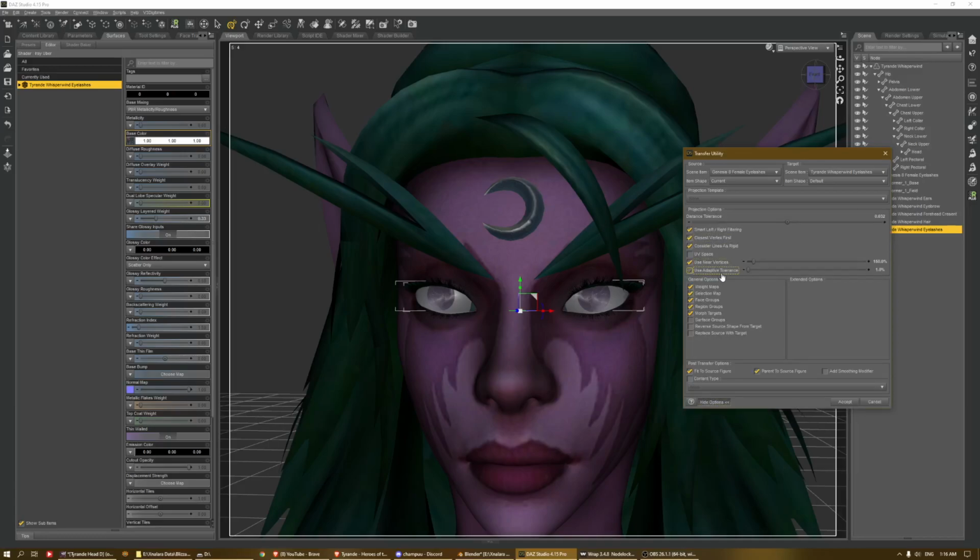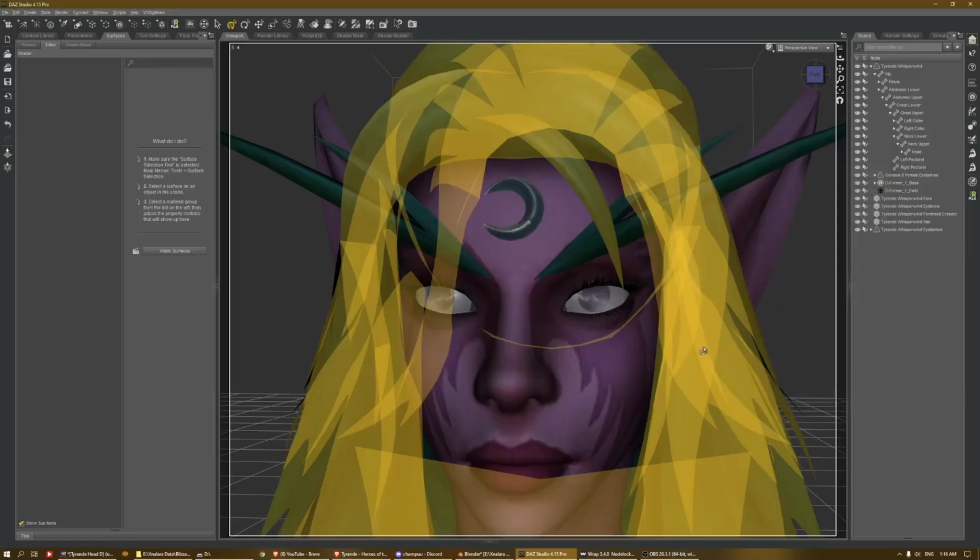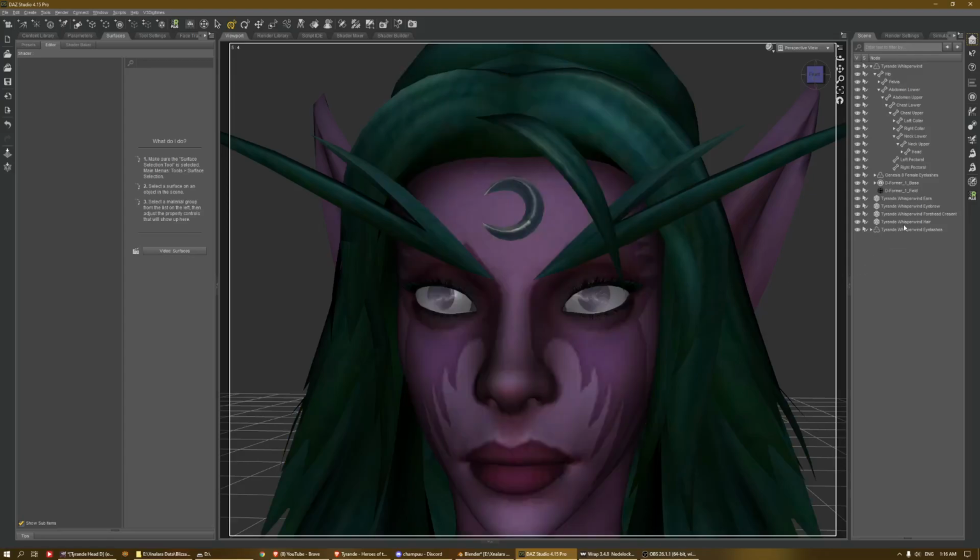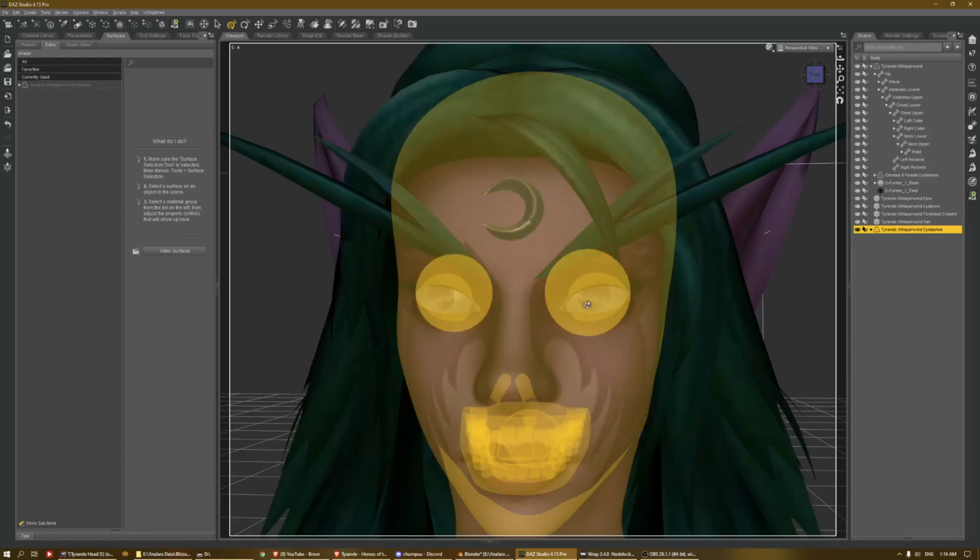I'm not sure if it does anything, but it seems to fit better this way. Okay, then fit to source figure and parent to source figure, uncheck these two. Okay, then accept. It will actually transfer the Genesis 8 eyelashes rigging over to